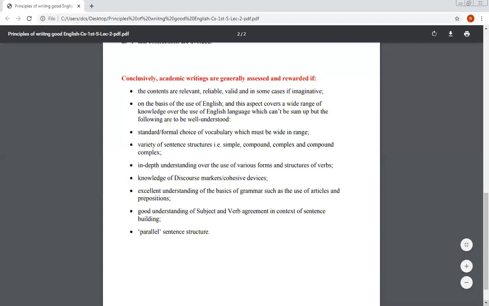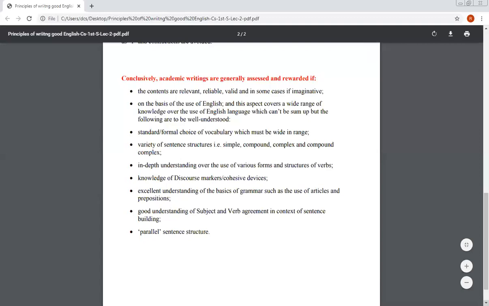Subject is to be there, and there must be some action or a state of action which is involved with the subject. And as far as this aspect is concerned, both the subject and the verb you are using in a sentence should have some agreement. Just to give you one simple example, if there is a singular subject, the verb that is used should also be singular. If the subject is plural, the verb should also be plural.